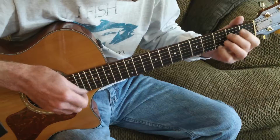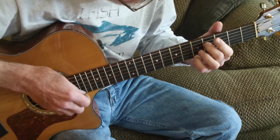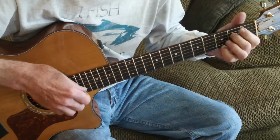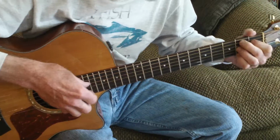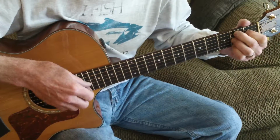So sliding with the 2nd and 4th fingers. Your 2nd finger goes to the 4th fret. Your little finger goes to the 5th fret. And then to the B7, or B. I just play a B7. Then back to the E minor again,